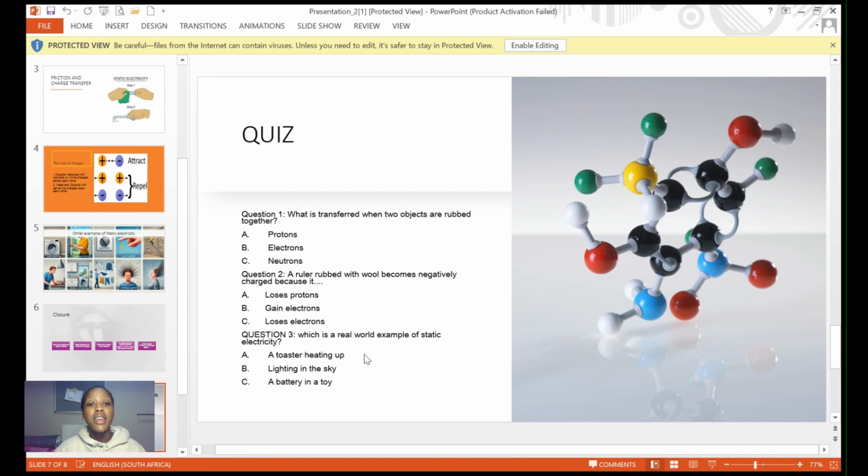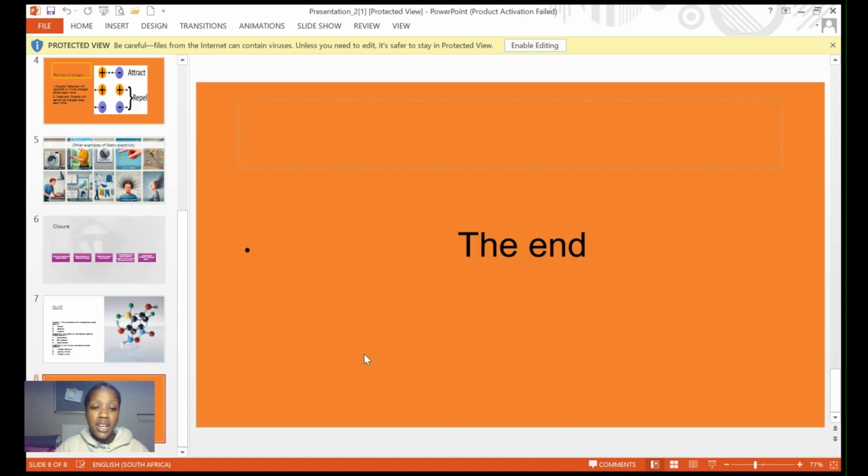Question two, a ruler rubbed with wool becomes negatively charged because it gains electrons. Remember, after our ruler was rubbed, the cloth transferred its electrons to what? To the ruler. Now the ruler gains electrons. The correct answer is B. Question 3, which is a real world example of static electricity. I also gave an example of how lightning occurs. So the correct answer is B, lightning in the sky. Okay, now we have come